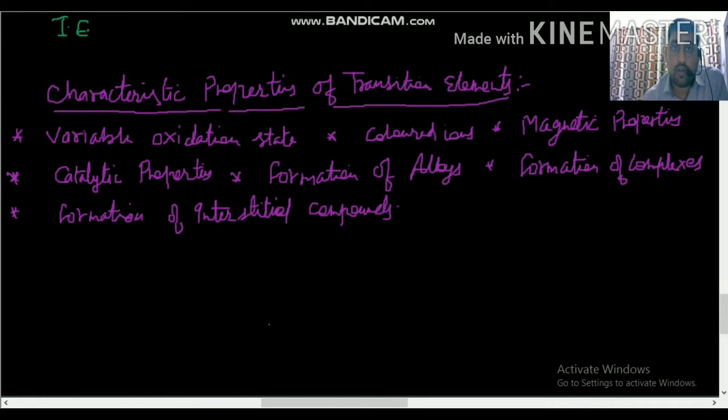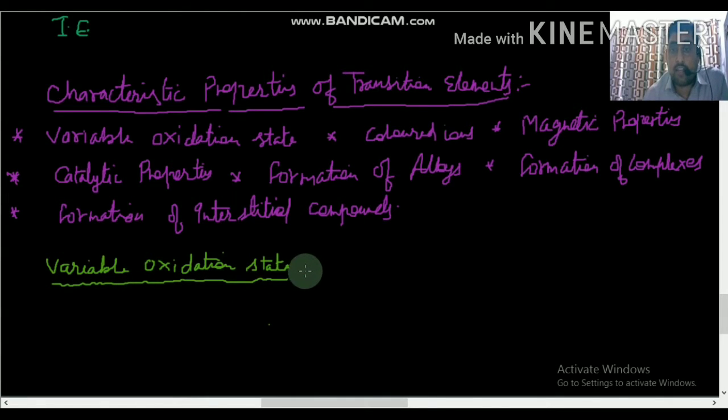So now we are discussing the characteristic properties, and the first characteristic property is variable oxidation states. Before I start this topic,